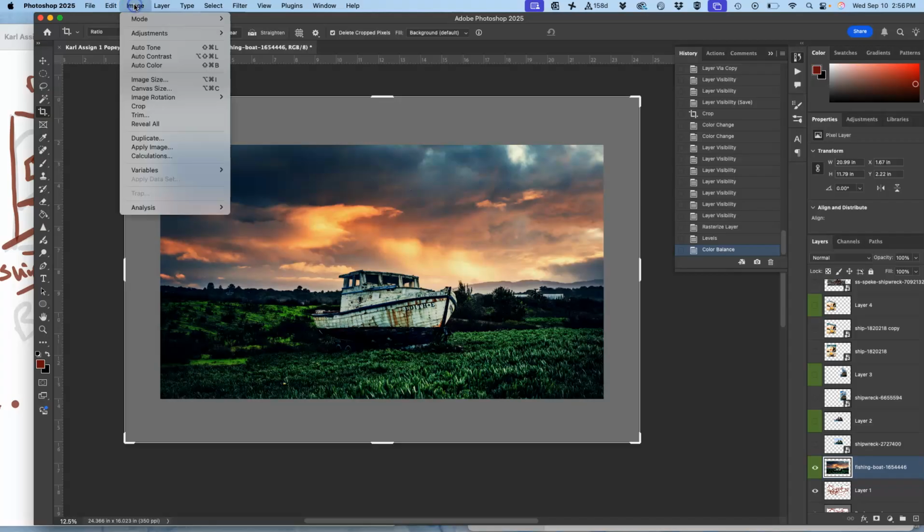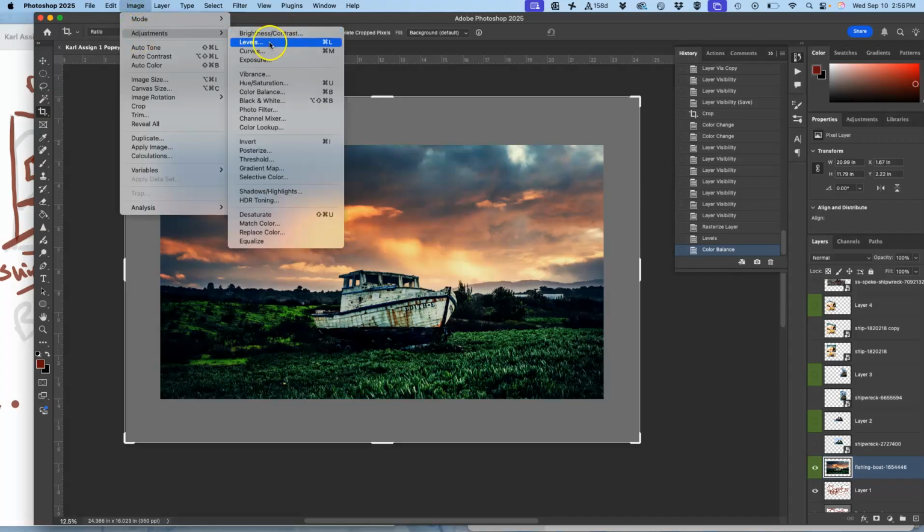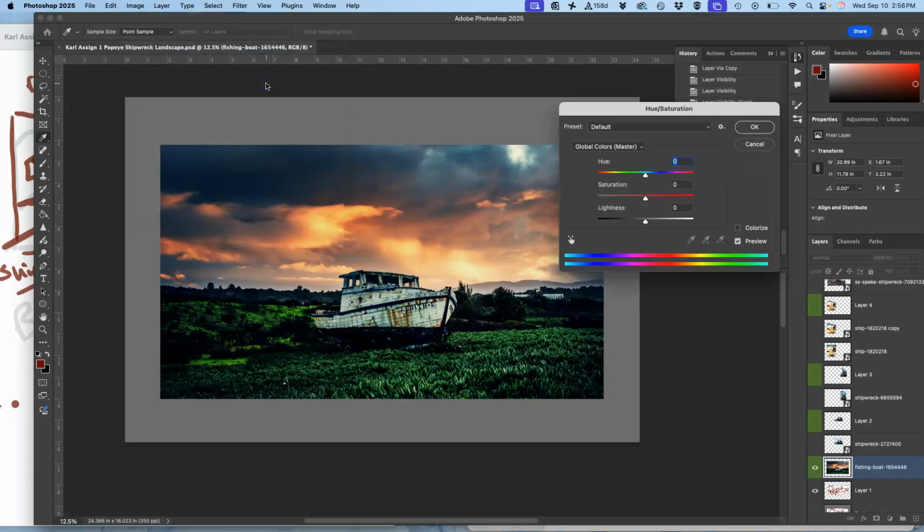Now, the third one, because I said there are 3 direct adjustments I need you to know. Levels, color balance, now hue saturation, which is also a color slider, but a very different type. This is for big color shifts. The hue is the spectrum of the color. So right now it lies on one place within the visible spectrum. If I just want to shift that, I can make it